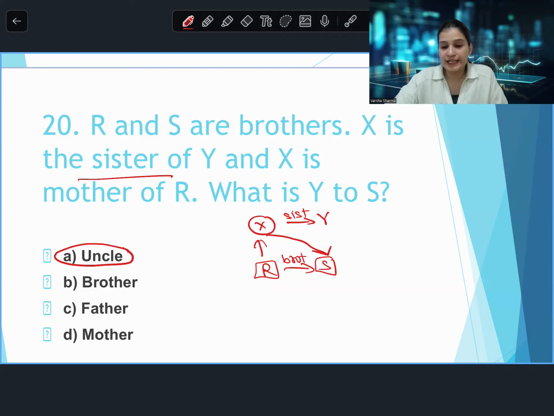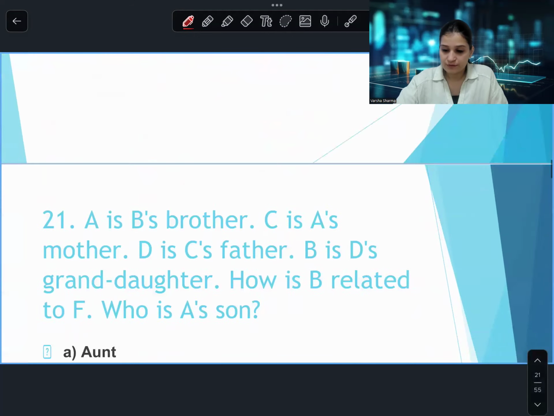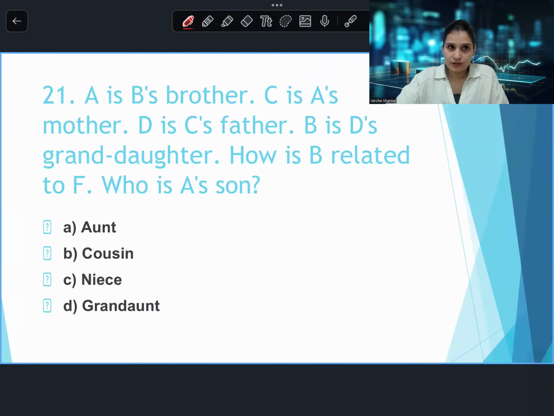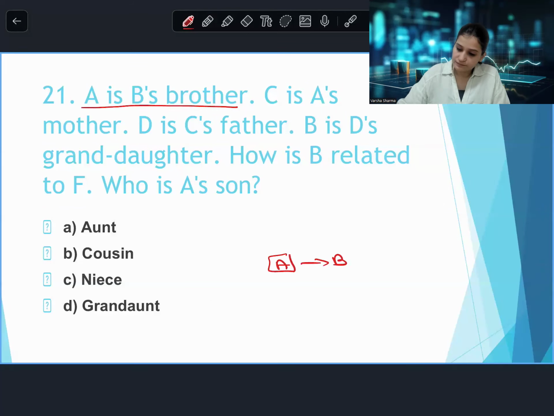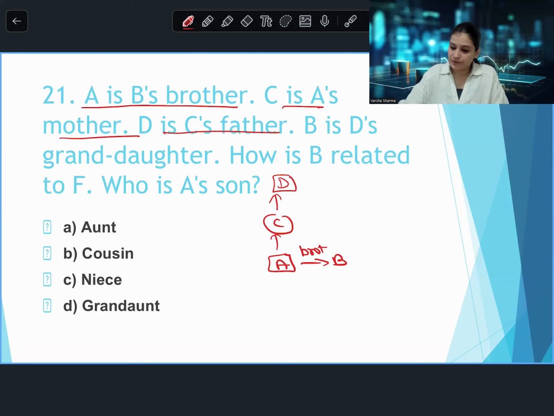Any doubts till question number 20, guys? No, ma'am. 21. Aunt. A is B's brother. C is A's mother. D is C's father. B is D's granddaughter. How is B related to